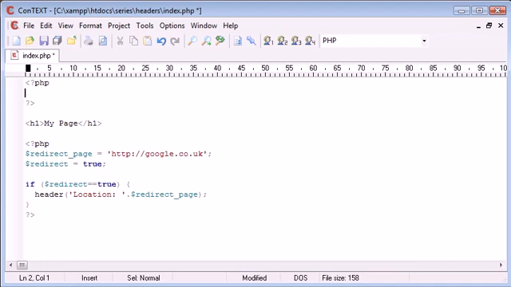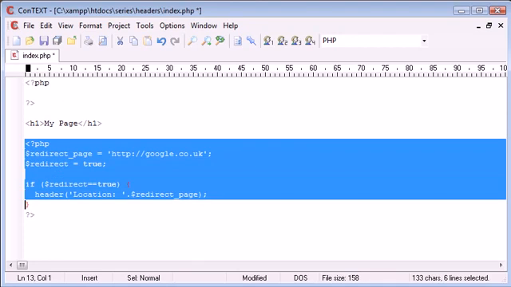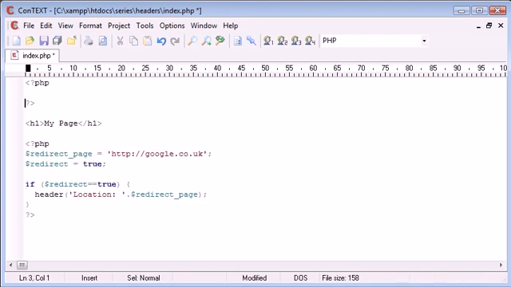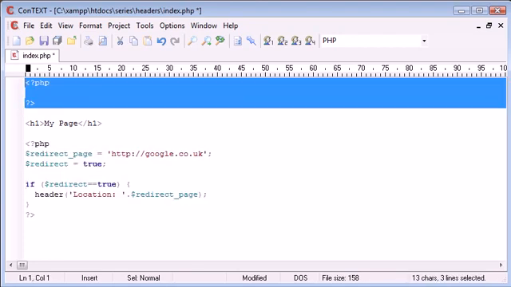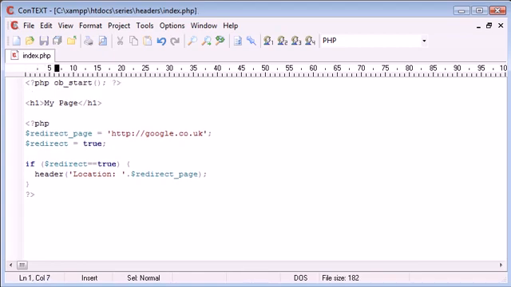So I'm going to create some PHP tags up here before my output and also before the code that uses the header. So this is going at the very top of my page before any output, and we use ob_start, called simply on its own with no arguments supplied. You can also pull this up a bit so it looks neater, all on one line. Okay, so ob_start will not output anything on the page. Well, it will, but the page output will be stored in an internal buffer rather than